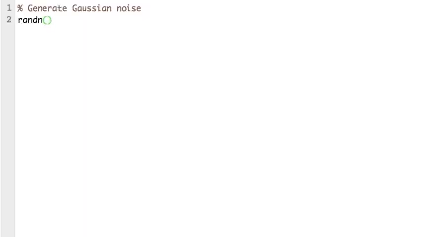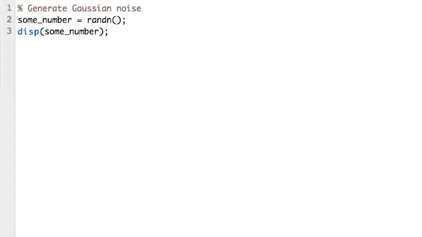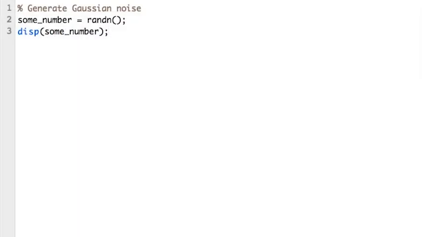So we know that rand_n generates Gaussian noise. Let's see how it actually works. If you call rand_n without any parameters, then it returns a random number. Here we get 0.76388. Run it again. A different number, 1.3958. You can pass in dimensions to rand_n to generate a vector or matrix filled with random